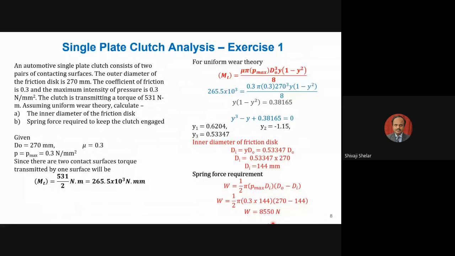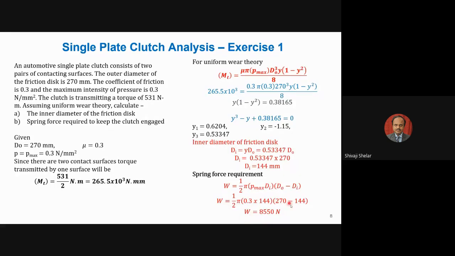Now there may be a doubt: shall we have such a big spring to provide this force? No, you need not have one single spring. You can have multiple springs, dividing this force among springs arranged in parallel to each other. You can increase the stiffness when you keep the springs in parallel. Then the stiffness value increases, and automatically for a small deformation of delta x, a large force can be applied. So if you use, say, 4 springs, each spring will provide 8550 upon 4 newton of force.